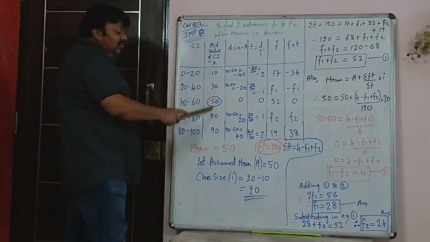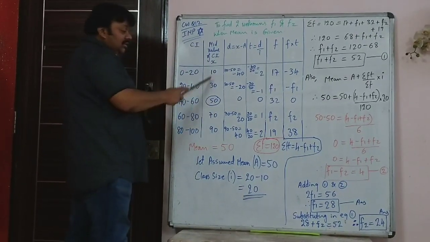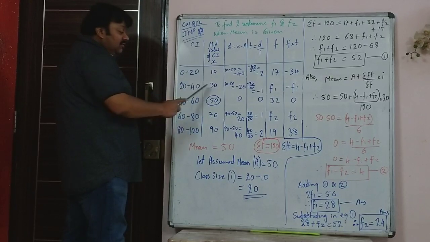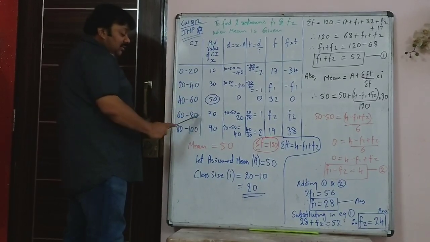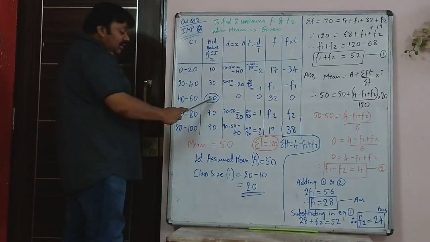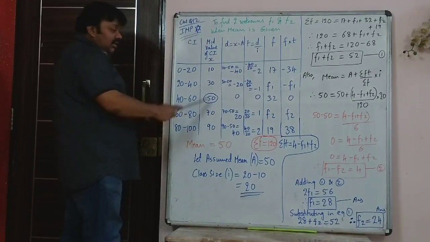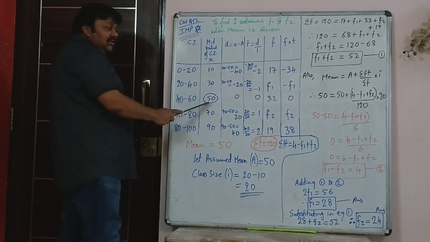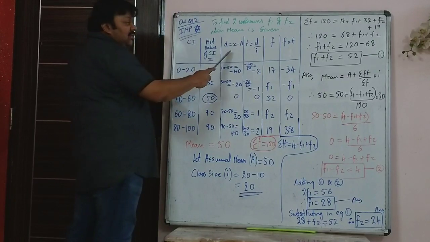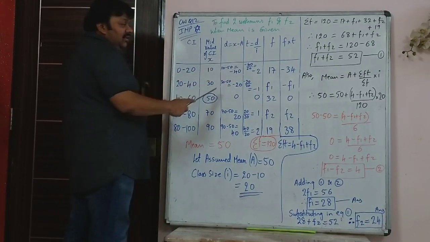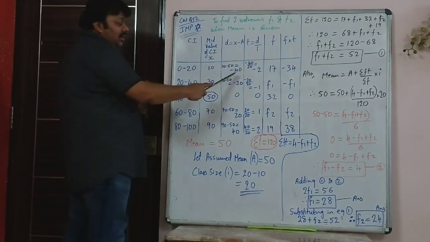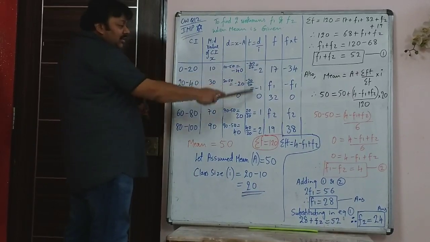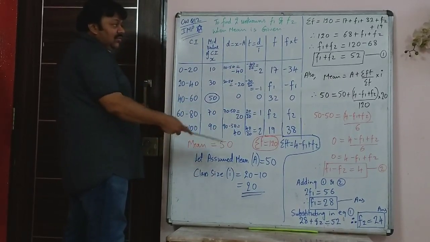Why did you take the assumed mean as 50? Because it is the mid value of a class. After finding the mid value of each class, it is 30, 50, 70. The one which is at the center is 50. And then the same method, deviation is x minus a, t is d upon I. So you got that table as per what you were doing in the previous sum.